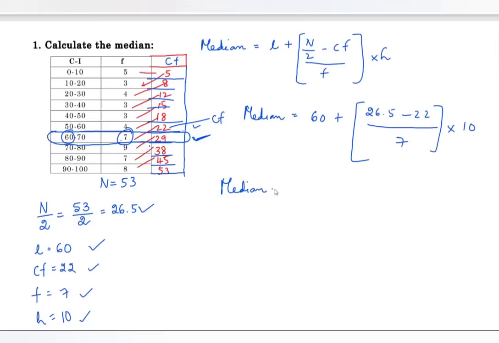Now median equals 60 plus 26.5 minus 22 is 4.5. 4.5 by 7 into 10. What we get? 60 plus 45 by 7. If we divide 45 by 7, we get